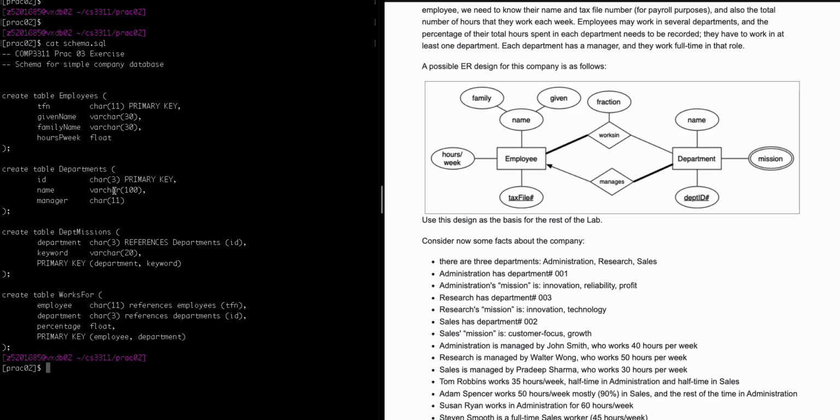So department, at this point, doesn't really depend on the employees, and the employees do not really depend on departments. At this point, it's fine, but note that we're missing one relationship, right? So we got the employee entity modeled as a table. We got the department table. We got the multi-valued attribute table. We got the works for table. There's one table that we're missing. We're missing the table for the managers